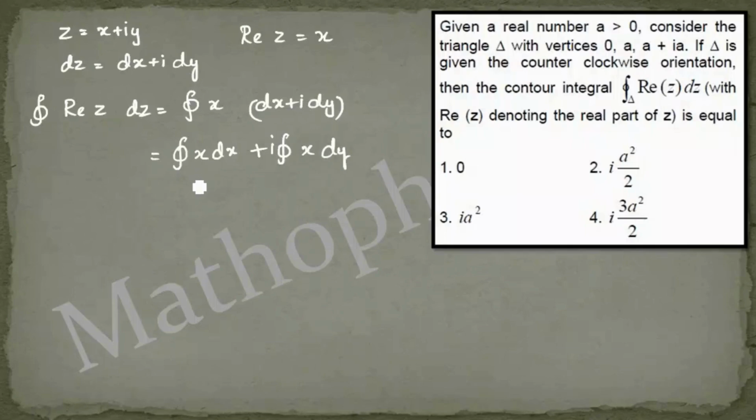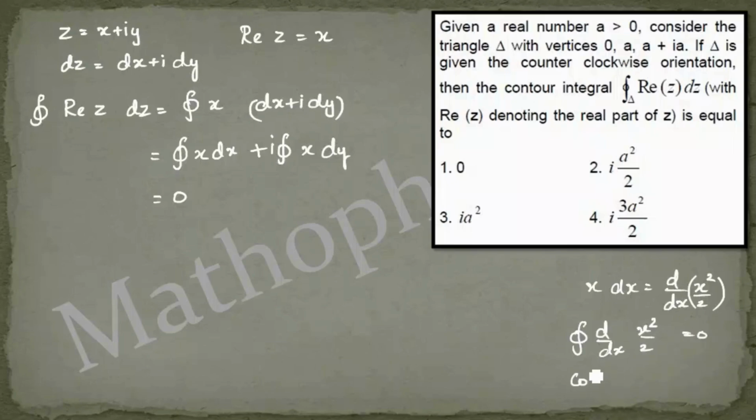This integral of x dx will be equal to 0 because we can write x dx as d by dx of x square by 2. So integral of d by dx of x square by 2 will be equal to 0 because we already know the closed curve integral value will be equal to 0. So 0 plus i into